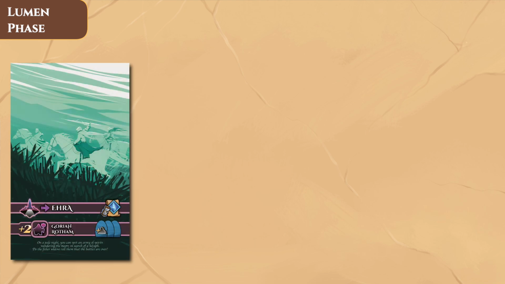The Lumen phase begins when all players have passed. Reveal the top event of the Lumen deck and apply its effect in order. The most experienced player can carry out the Lumen phase. For example,